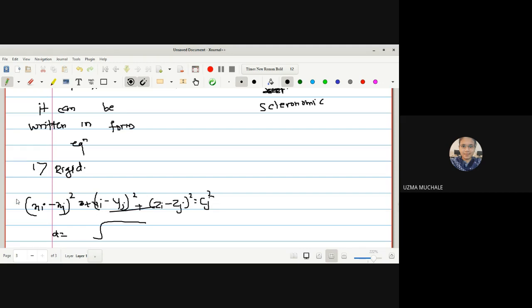Okay, so what is this? We can say that the motion of a rigid body is such that the distance between any two points, or any two particles, is always constant, and the constraint relation can be written in this form. It is simply the distance formula. So this is an example of the holonomic constraint. Now you can write this as cij, the distance between the ith and jth particle.